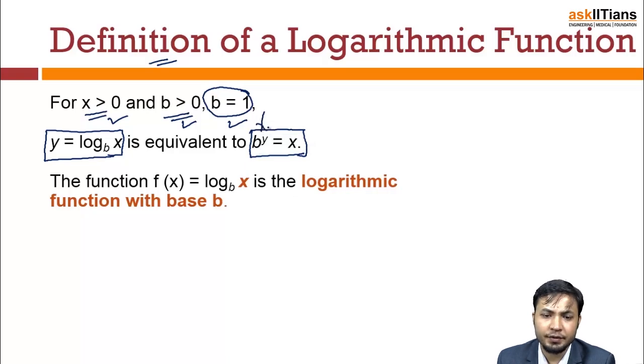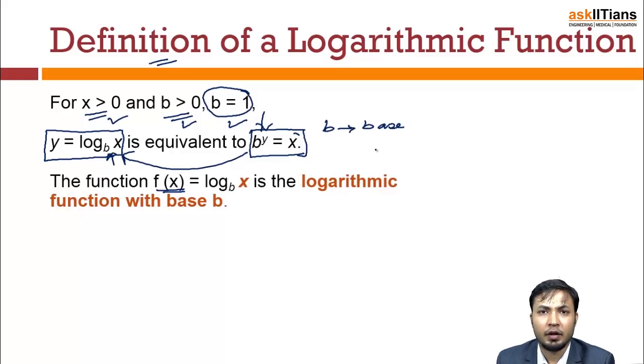Now when this b to the power y becomes difficult to solve, we convert it into this form for logarithm and we solve them. So basically the logarithmic function f(x) can be represented as log b of x. Now over here b is my base. Okay, now coming to the next part,